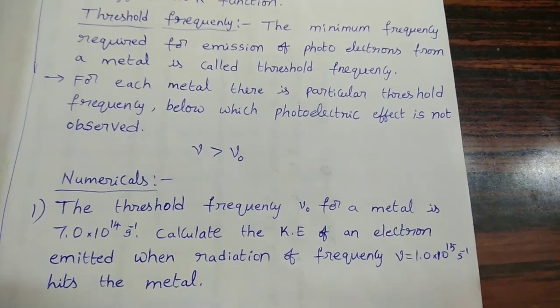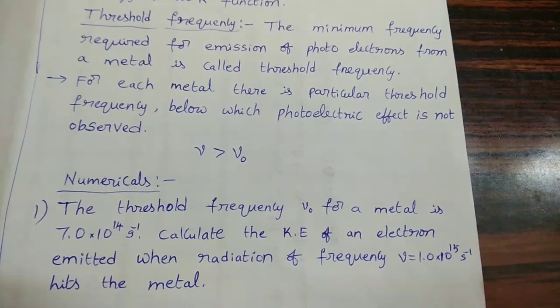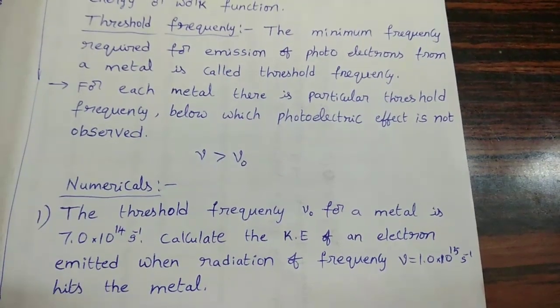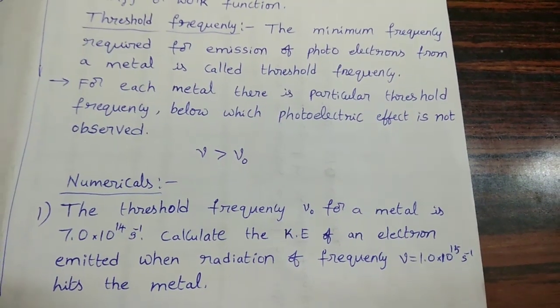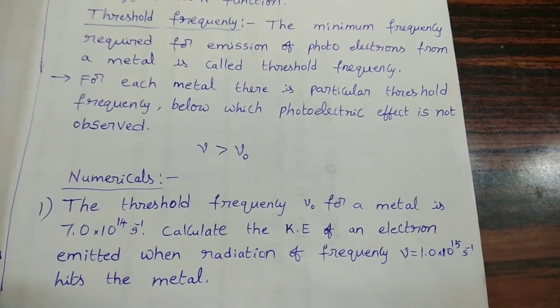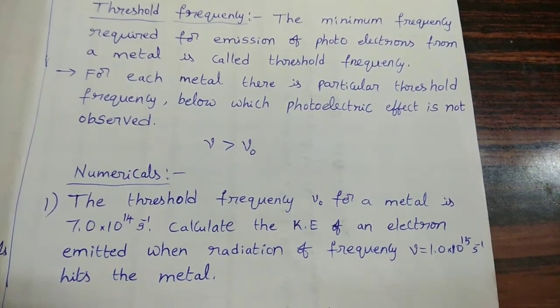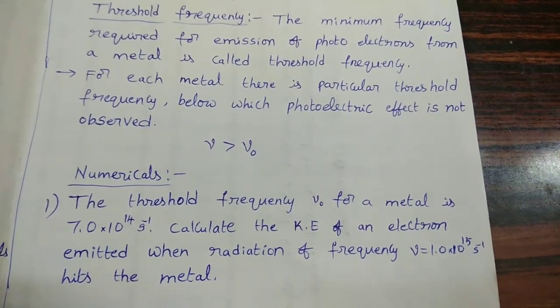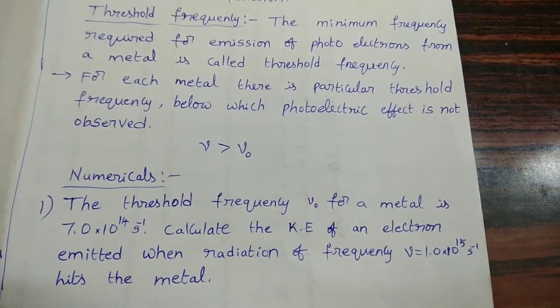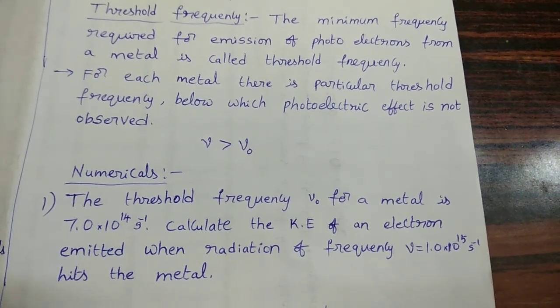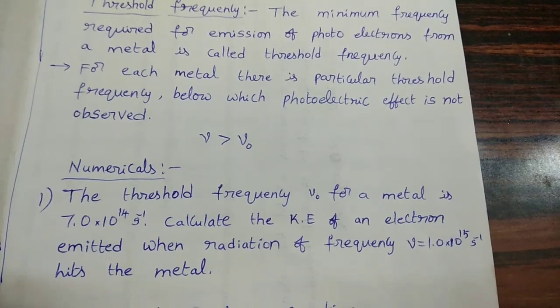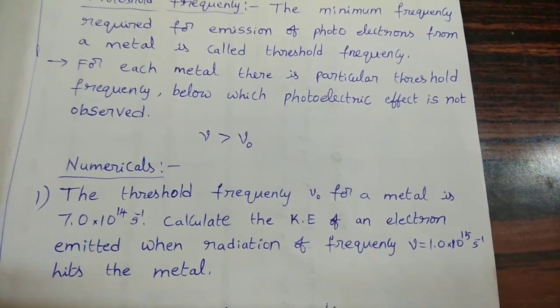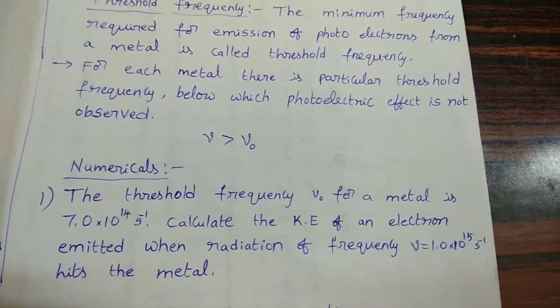In last class, we completed the photoelectric effect. Now see the related numericals. The threshold frequency nu naught for a metal is 7.0 × 10^14 second inverse. Calculate the kinetic energy of the electron emitted when radiation of frequency nu equal to 1.0 × 10^15 second inverse hits the metal. Here see